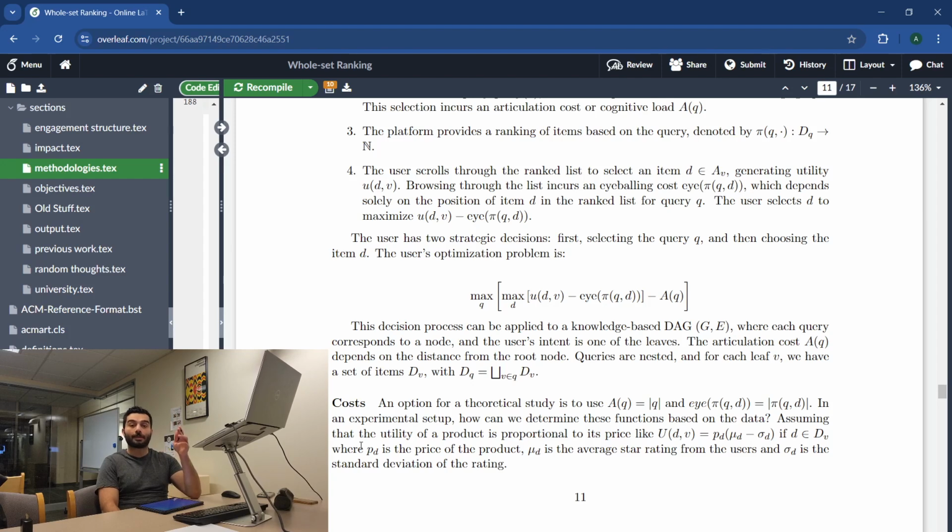I have two cases I want to study. So we assume U of dv. We assume